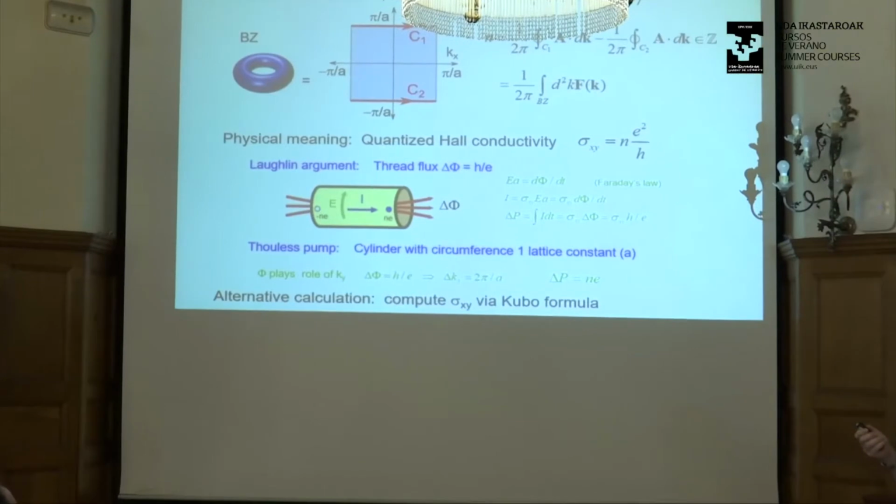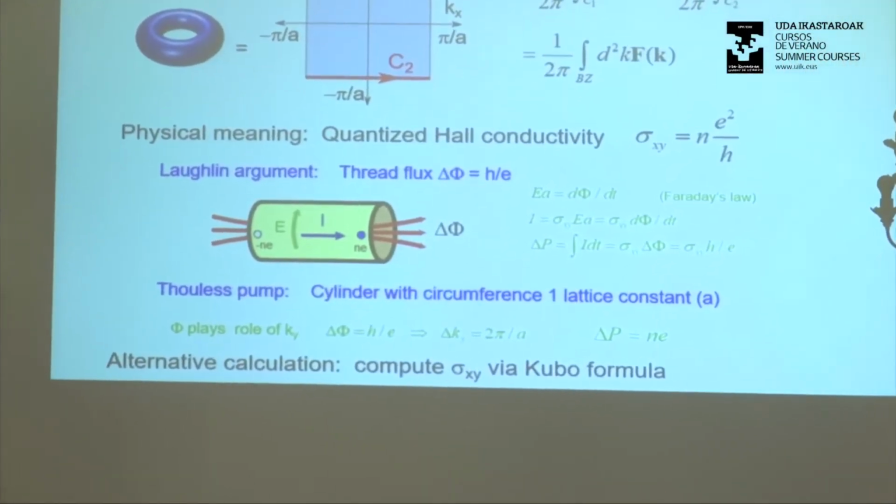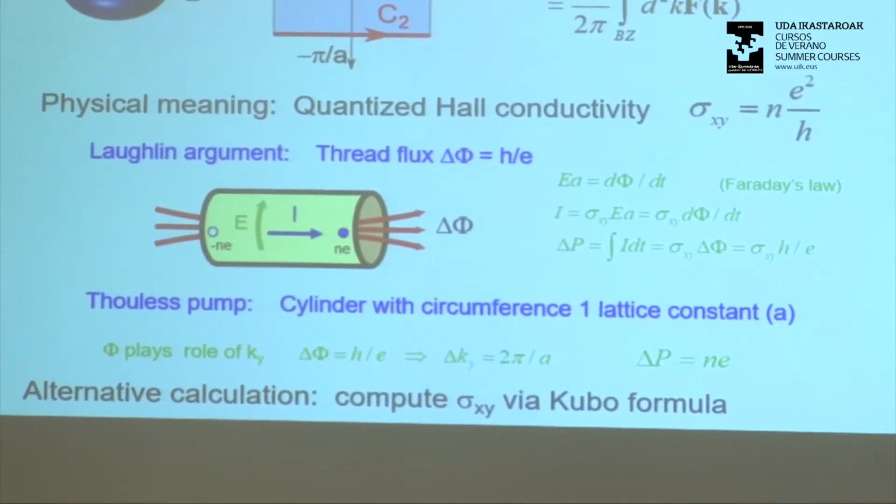And let's suppose that you have a system that has an excitation gap. So what that means is that if there's an excitation gap, then I can adiabatically thread magnetic flux through a cylinder. So I'm going to put it on a cylinder, and I can adiabatically thread magnetic flux. Now, if I do this adiabatically, threading the magnetic flux, I have a dB/dt, right?